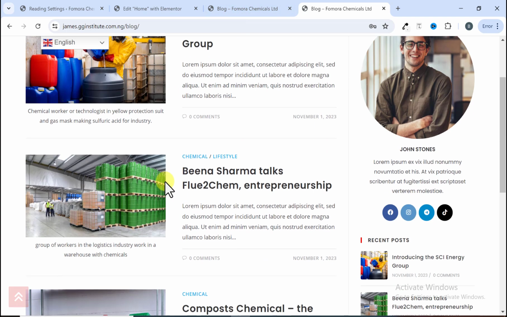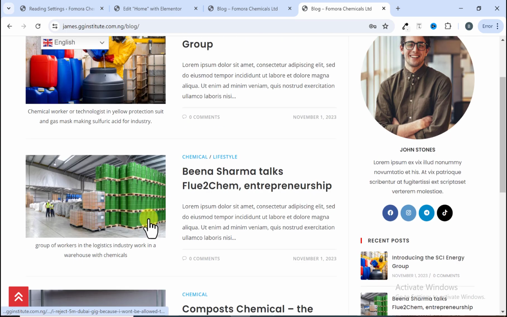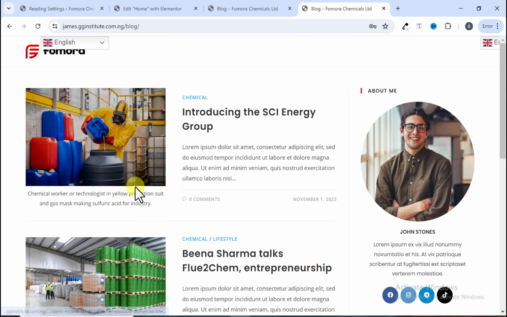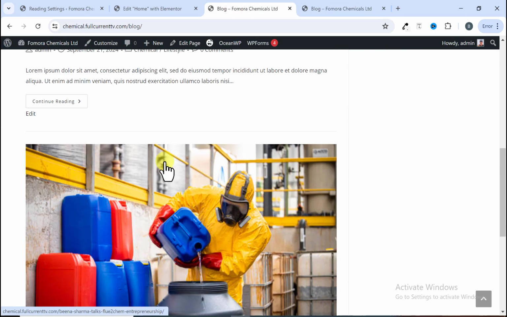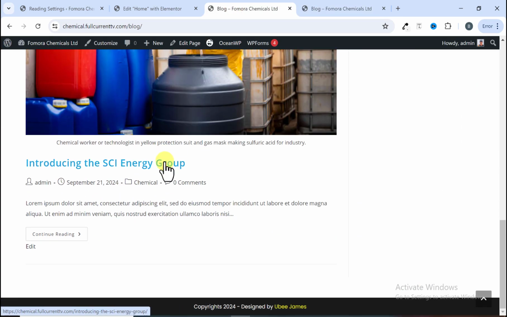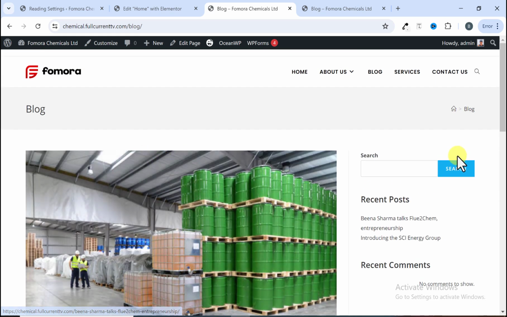This one is the list view. The arrangement, the structure here is different. It's the settings in the customize, which I'm going to be showing you very soon, while we have it this way. It's the same thing, just that the structure is different. Then if you look here by the right, you can see that